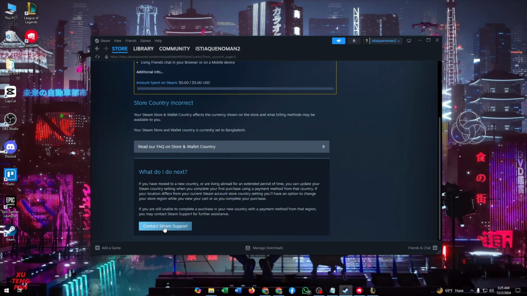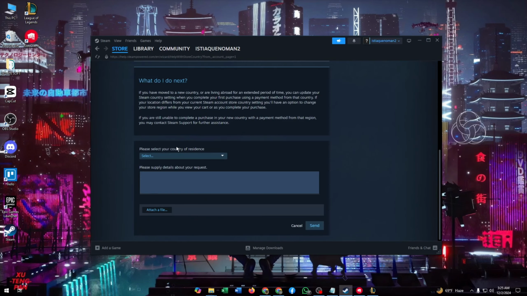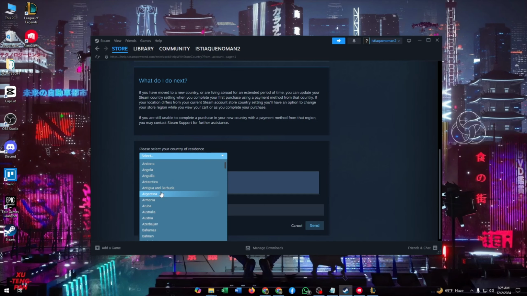Here you will find a button, contact Steam support, and select your country of residence that is available in Steam. Select one of these. For example, I'm going to select United States. From here